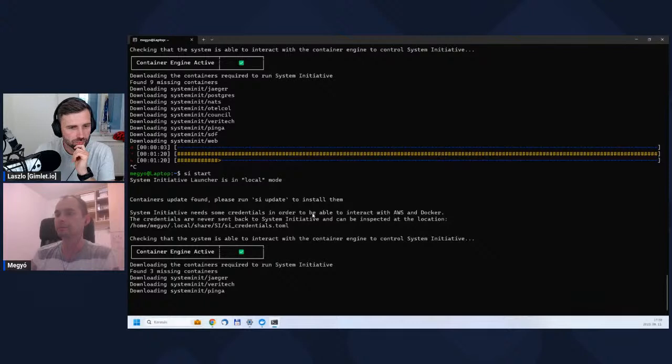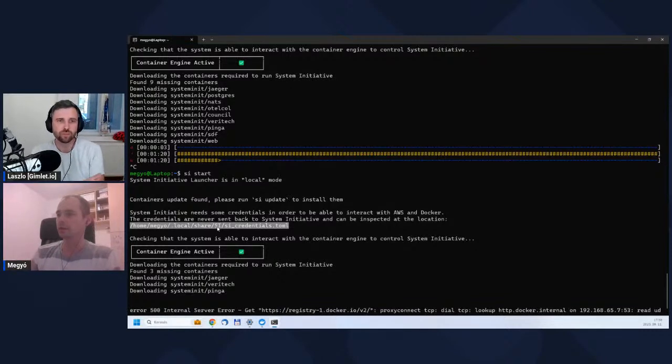Yeah, I think you can see that because I've already started this application once, my credentials for AWS are set up in this file. Otherwise, if it were the first time you start System Initiative, it would ask for your Amazon login and an API key, and also your Docker Hub credentials.